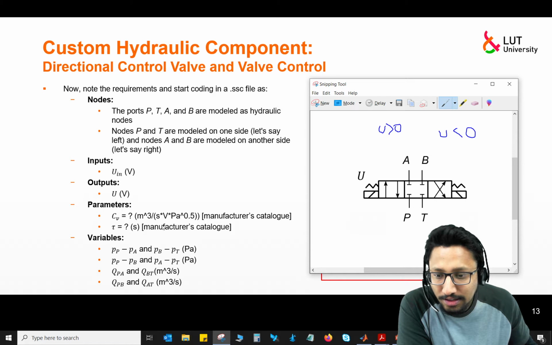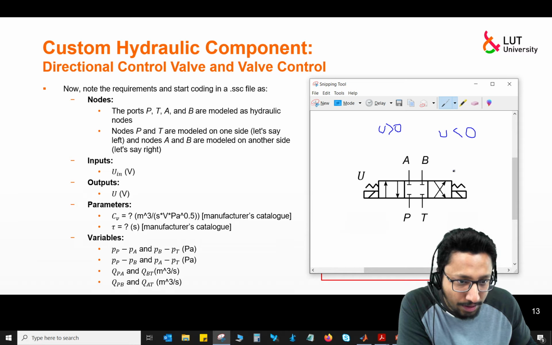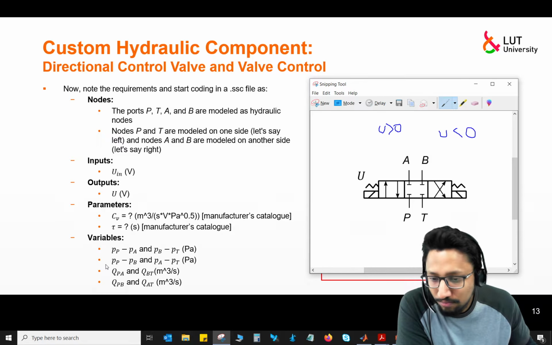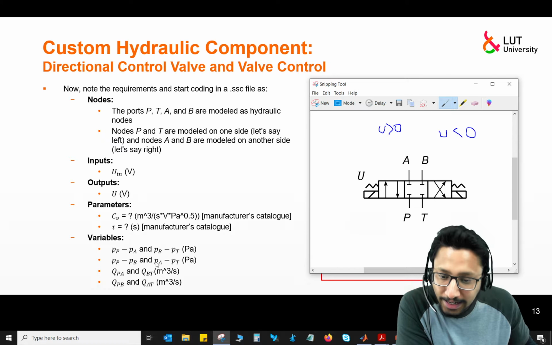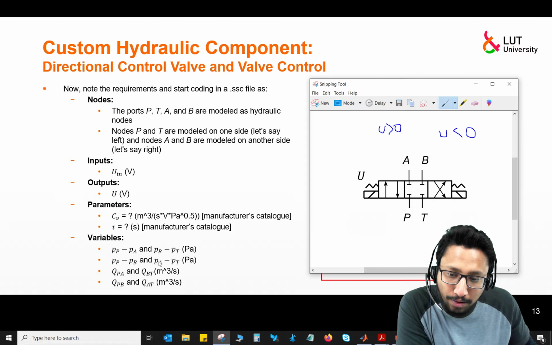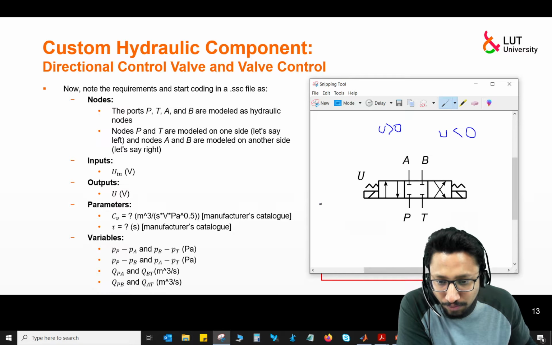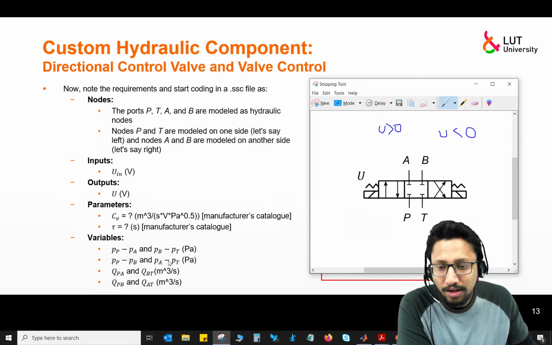Similarly, when u is less than 0, you will have an associated pressure difference, which we define using a variable. Let's define PB, which is the pressure difference between port P and port B, and then PAT, which defines the pressure difference between port A and port T. Because when u is less than 0, port P is connected to port B and port A is connected to port T. That's why we define the pressure differences like this.